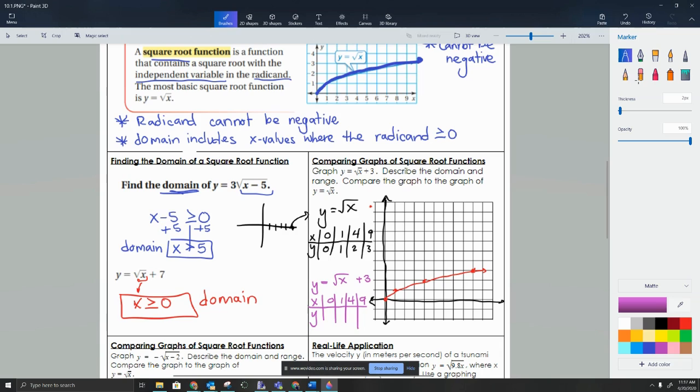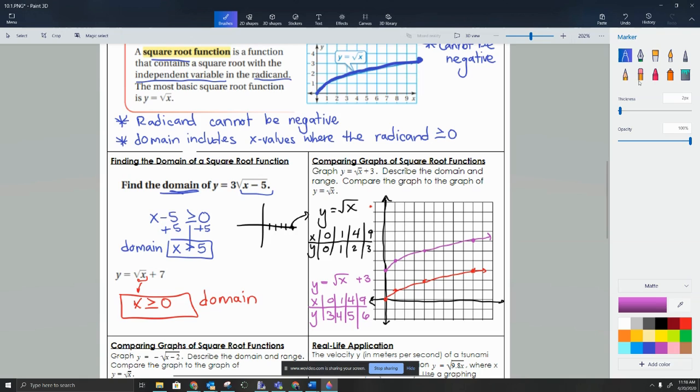And all we're doing is just adding 3. So square root of 0 is 0, plus 3 is 3. Square root of 1 is 1, plus 3 is 4. Square root of 4 is 2, plus 3 is 5. Square root of 9 is 3, plus 3 is 6. Okay, so we're at (0, 3), (1, 4), (4, 5), and then (9, 6). And so what we see, if we were to compare these two, the only difference here